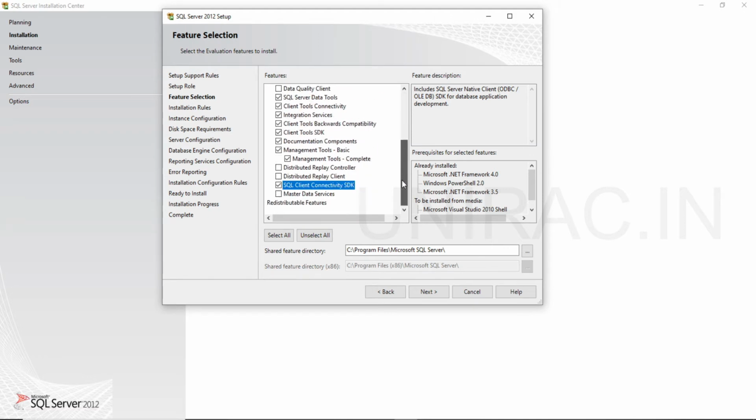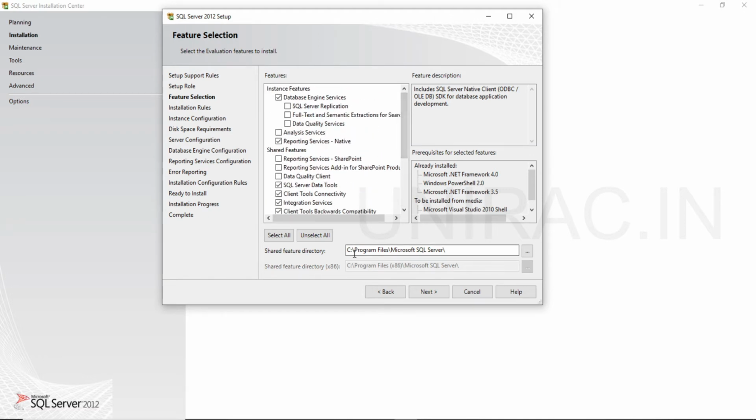Once done with this, if you want to change your path, you can change it here, or else go with the default path.